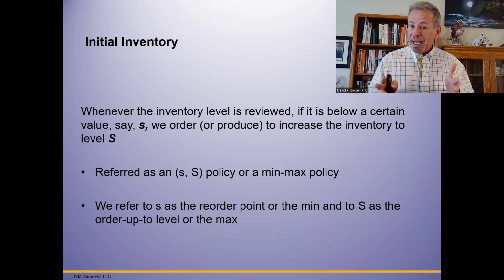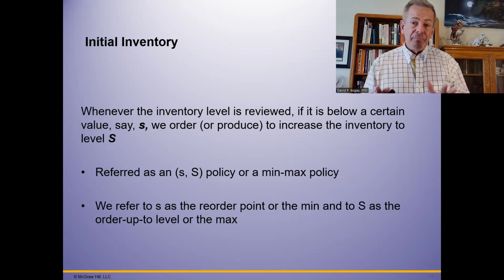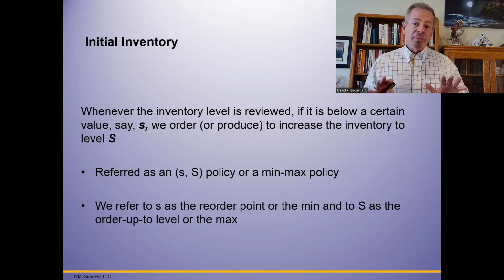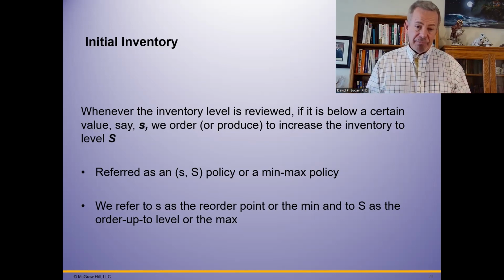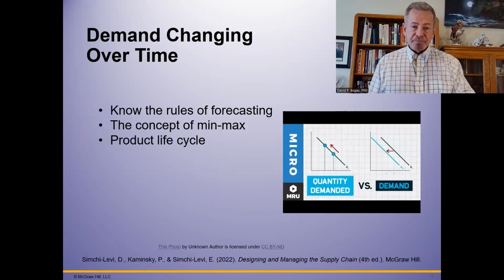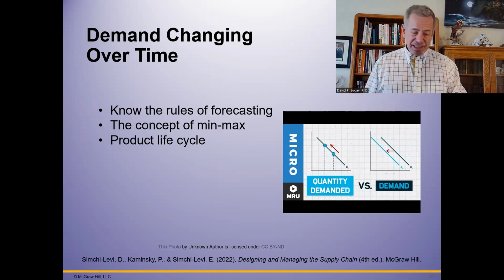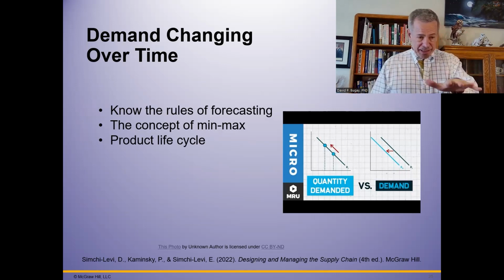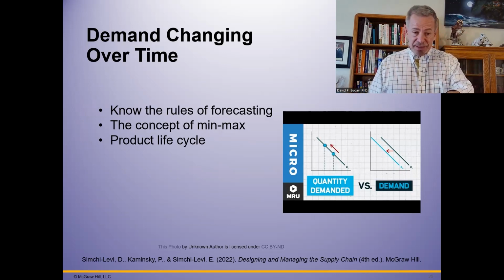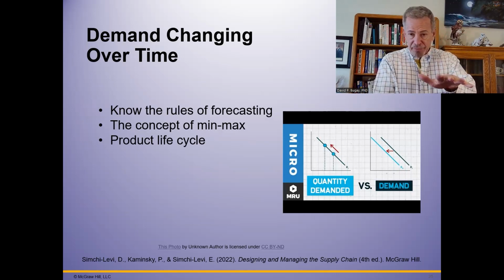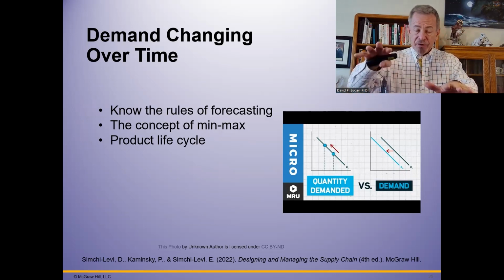Sometimes you're going to adjust that optimal inventory level by the month. Also, sometimes you may adjust it by an advertising campaign that's going on. That's why the whole thing is variable, and that's why they're going to hire you, because you're really smart and you know this stuff. So demand changes over time, know the rules of forecasting. There's 3 of them. Know about the concept of min-max. Here's the minimum you want to have for your safety stock. If you get down to whatever this number may be down here, then you order back up to over here.